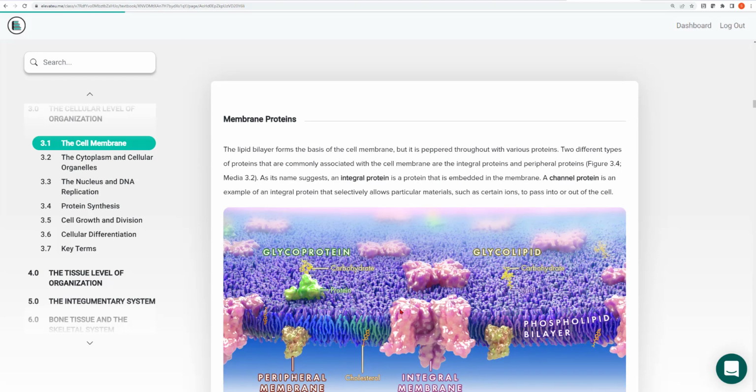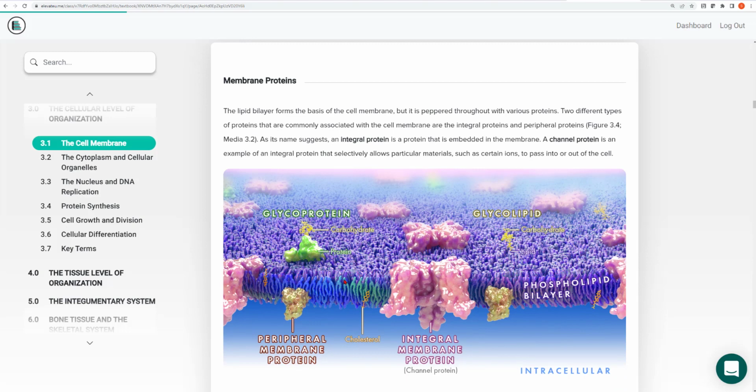So the cell membrane is not just composed of the phospholipid bilayers. We're going to build on this idea. In addition to the phospholipid bilayer, shown here sort of as in purple, a little bit of it's green and blue here as well, you see these large pink colored and yellow colored proteins. So there are lots and lots of proteins embedded in the cell membrane.